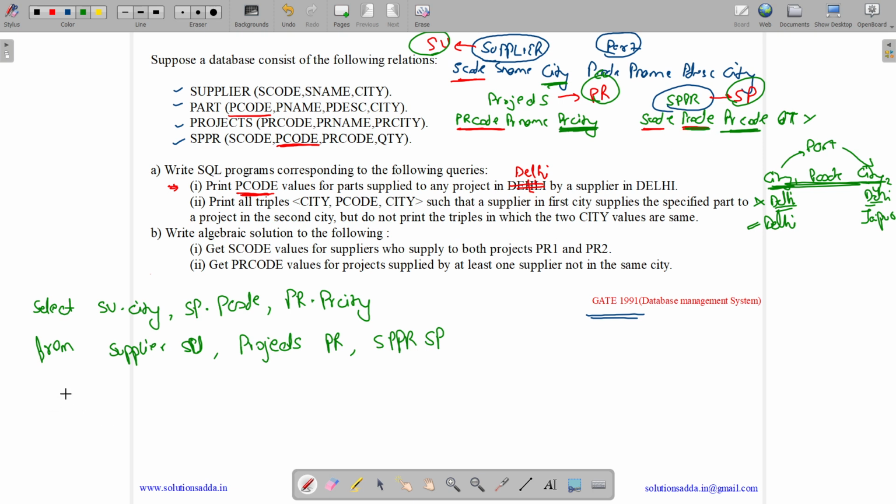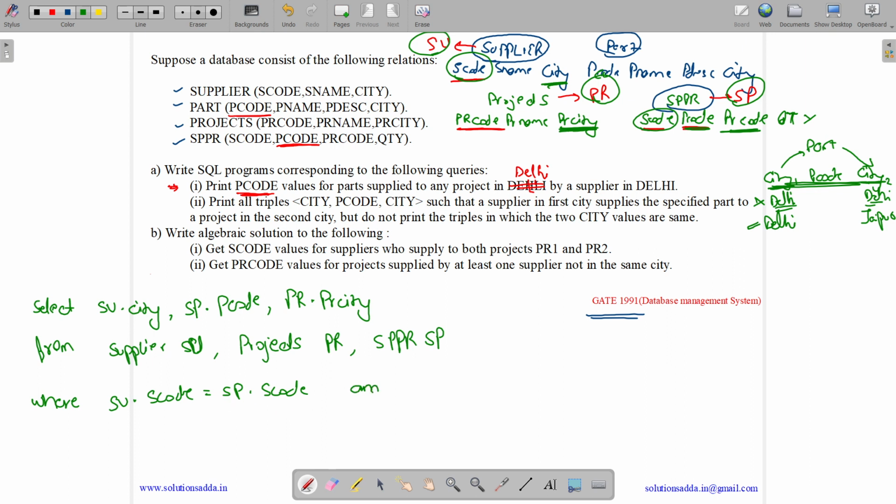Now let us see what we need to do. We need to write the where condition. In the where condition we just match the common things or the conditional things. So first of all, we will do SU dot S code is equal to SP dot S code. As SU and SP both have this S code, they should match.